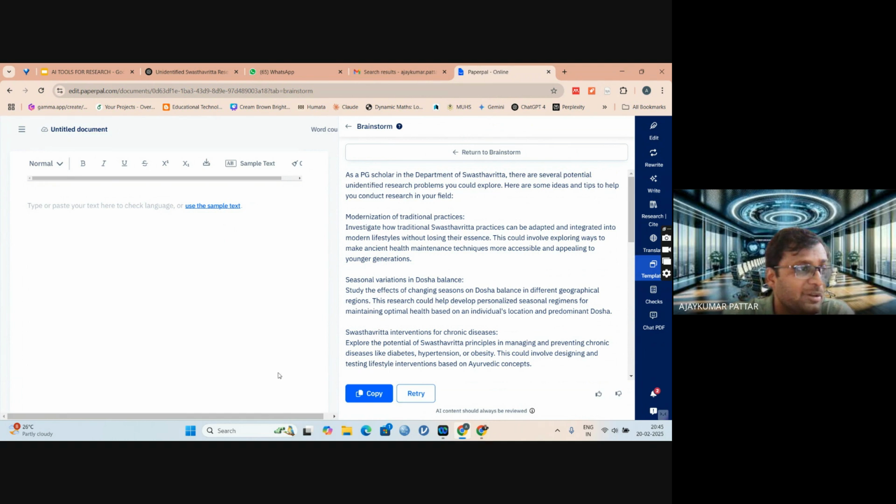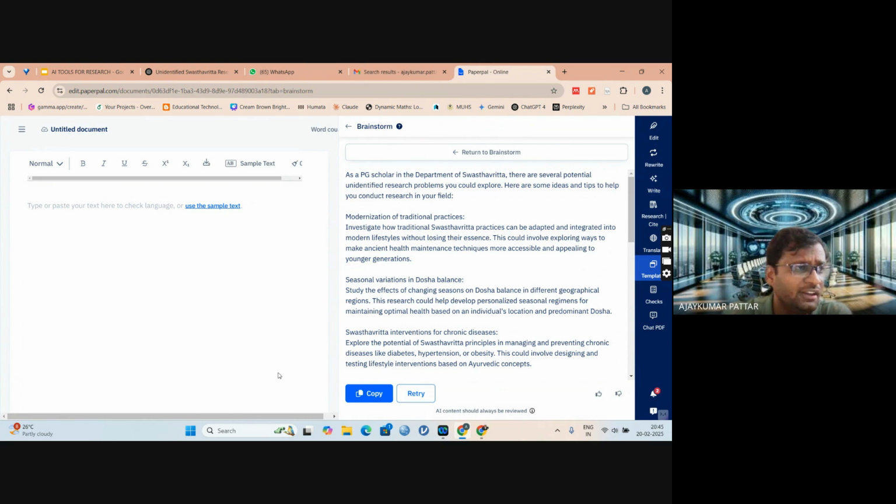If I explain Paperpal and give other application links, you can do it on your own, because more or less the principle and method of use is the same. That's why I am explaining in detail with the important features and important AI applications.